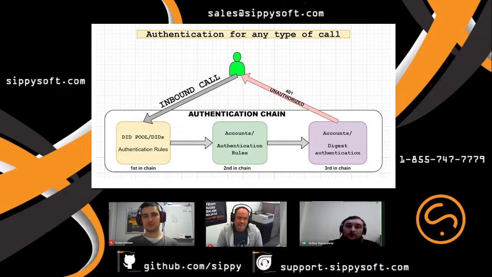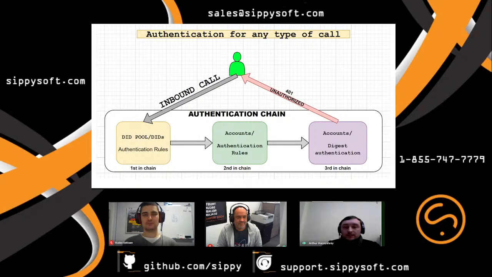If everything is checked and the suitable rule not found, the system moves to the next step and sends back to the remote IP address a 401 unauthorized error with the WWW authentication information included in this response, and expects to get the answer from the remote end with the digest authentication.